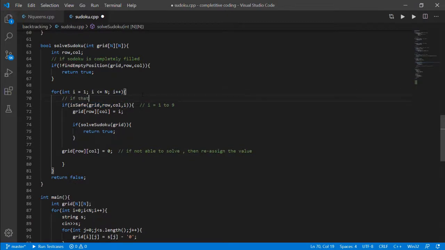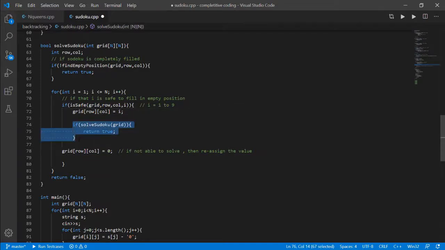If that number is safe, if that i is safe to fill in the empty position, then we place that number there in that row and column, and we simply call recursion.